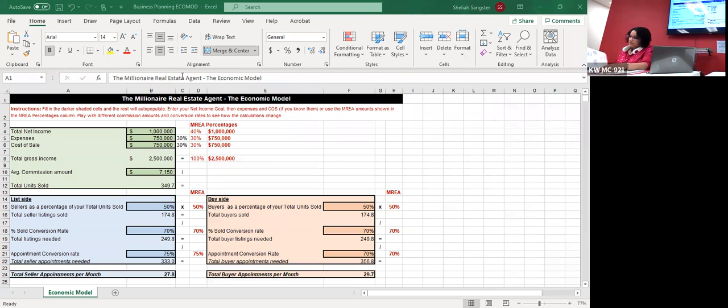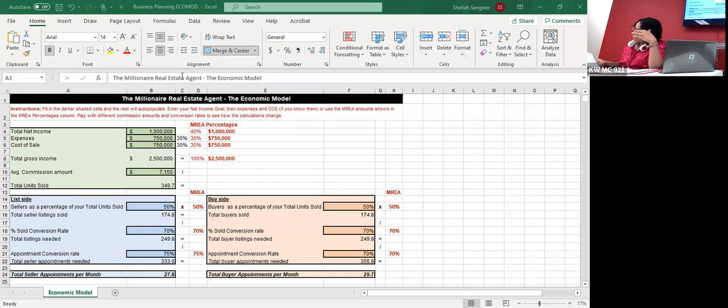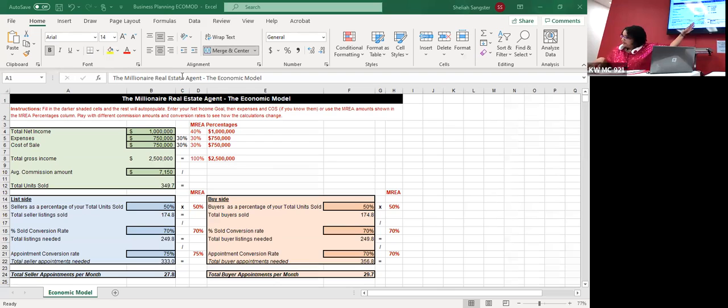Millionaire Real Estate Economic Model, page 3.9, is a review of beginning with the end in mind, which is your net income of $1 million. And there's the breakdown for you. Now, it's operating expenses, cost of sales, total GCI, all that's already been done for you up here, so you can see it. This is just an activity for you all to do, but then it breaks down how they